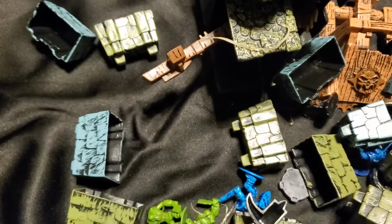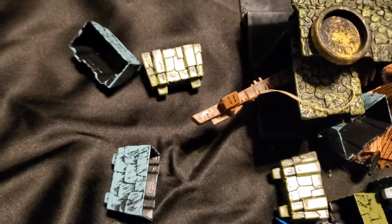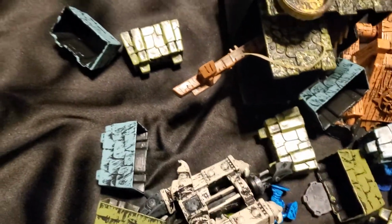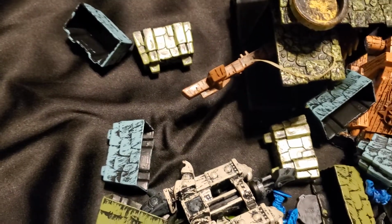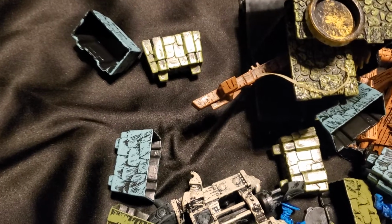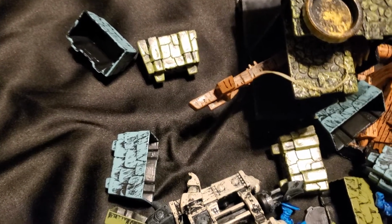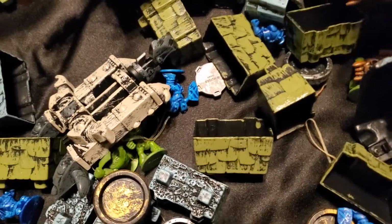Here's another, I guess this is, let's see how this goes together here. And forgive me, I'm actually using one hand. Here's another one there. And here is, looks like some sort of pushing device. It looks to be semi-complete, I don't know if it's complete. I'll have to look at pictures. Oh, here's another one of these